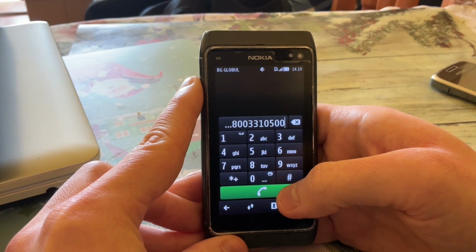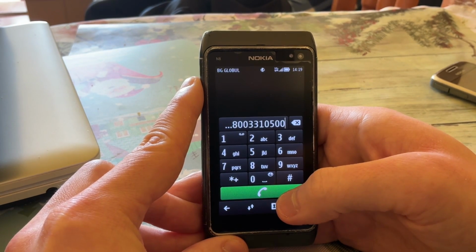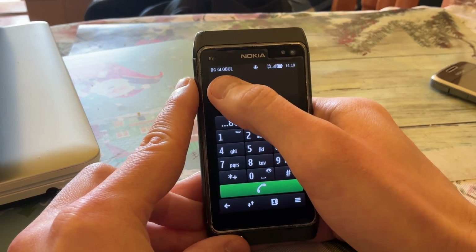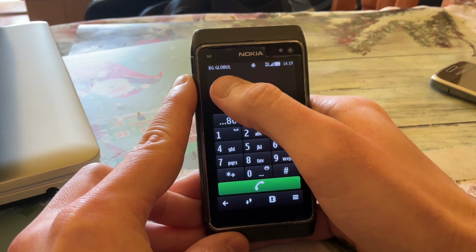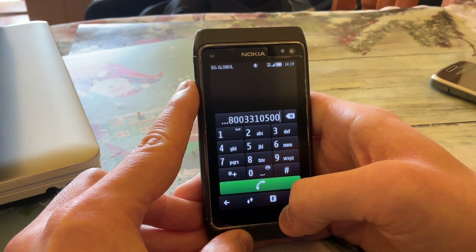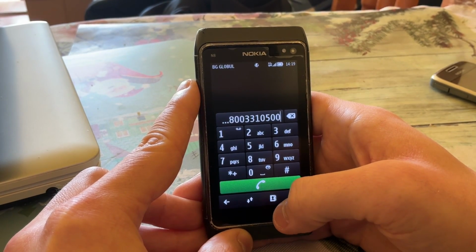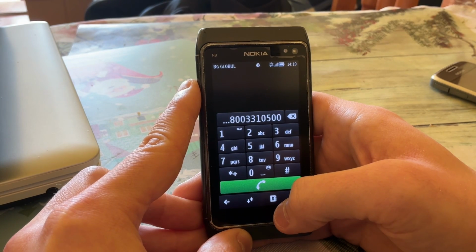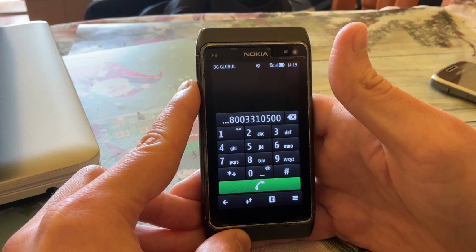For example, I have a German SIM card in this phone. Yes, it says Big A Global because I am currently roaming in Bulgaria. But I have a German SIM card. Regardless, either way, calling the US would be a horrible idea using a European SIM card. And that's why